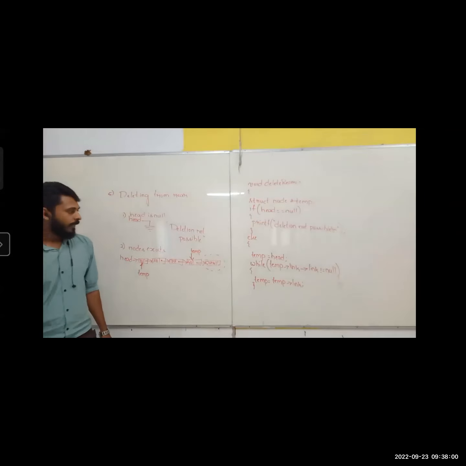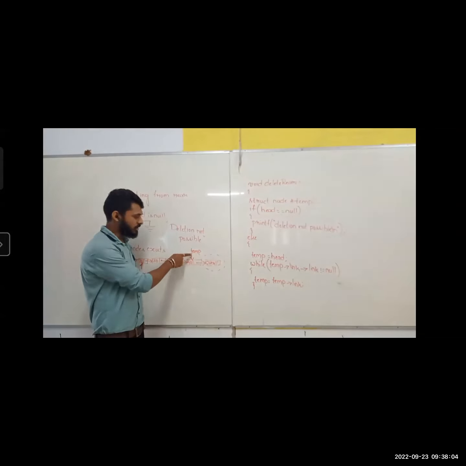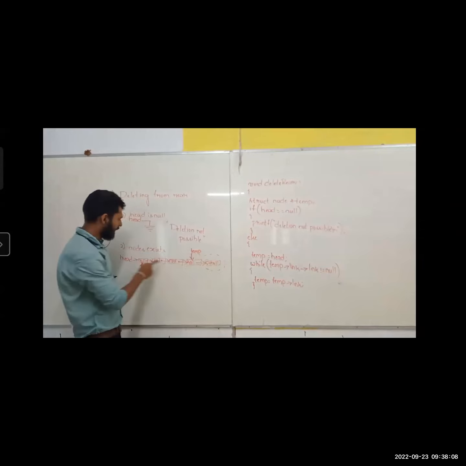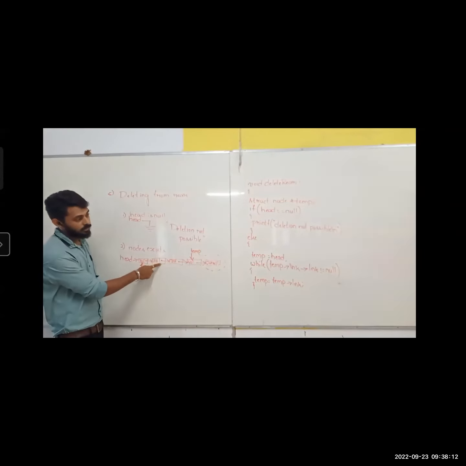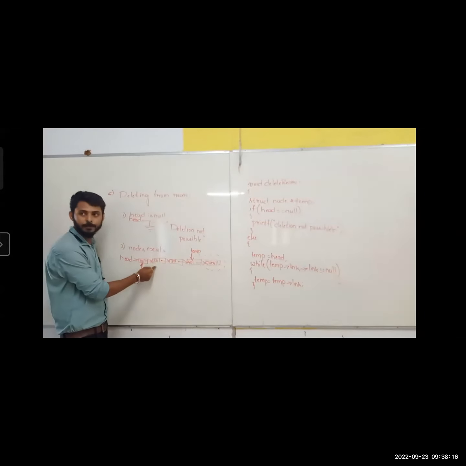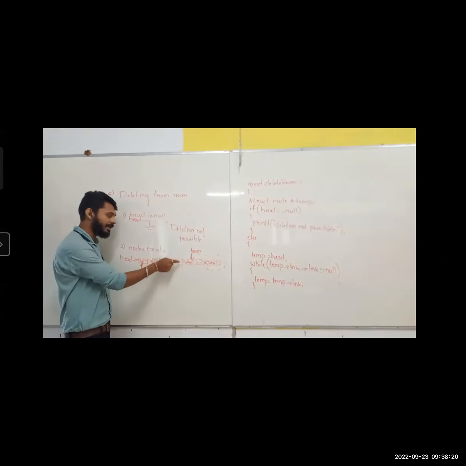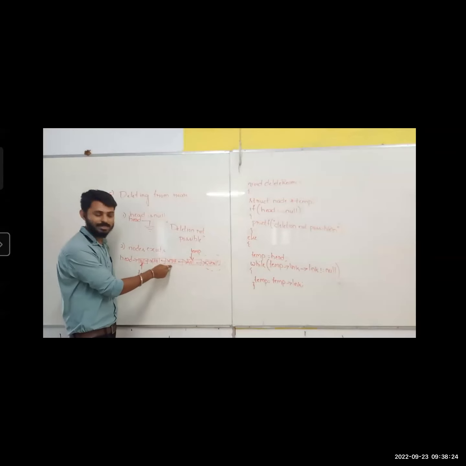And now, some of you will ask, sir, next what I should do? Now my temp is stopping here, temp is pointing here. It will keep continuing. First it will check temp's link's link. Is it not equal to null? True. So move this temp to temp's link. Temp's link means here. Now temp will come here. Temp's link's link, is it not equal to null? Yes. Then again move.